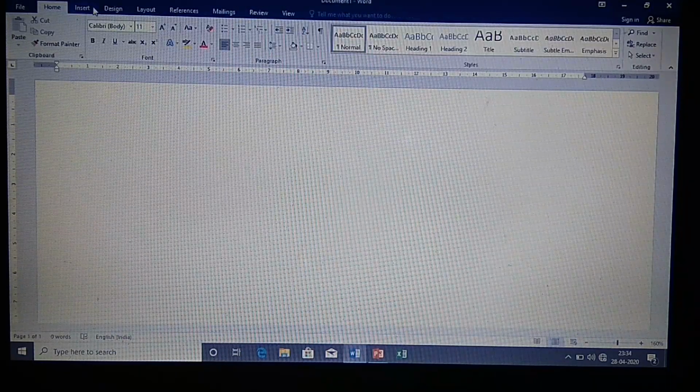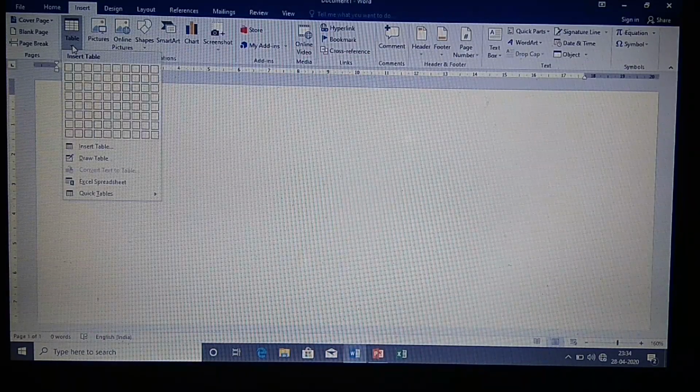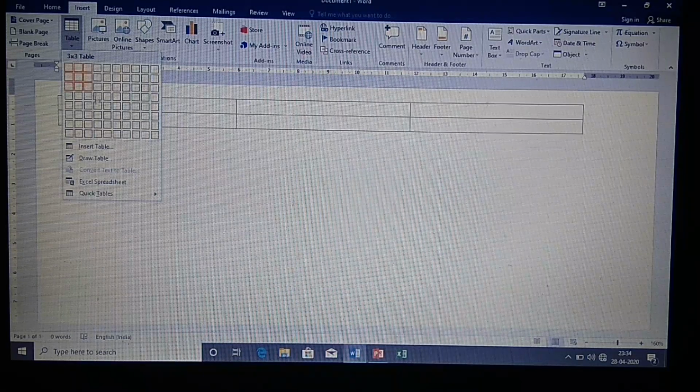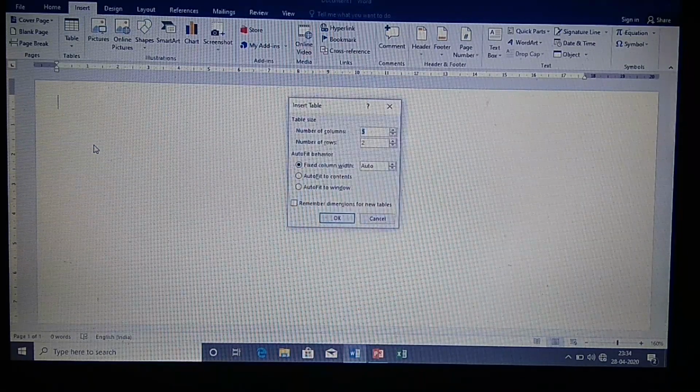Now the other way to insert a table is to click on the Insert tab, click on the Tables group, then Table. Here you can go for Insert Table. Here you can specify the number of columns and rows as per your choice. By default the number of columns is 5 and the number of rows is 2. You can change the requirement.